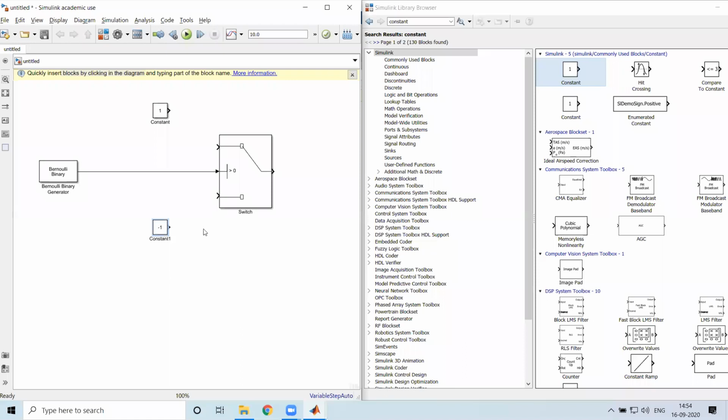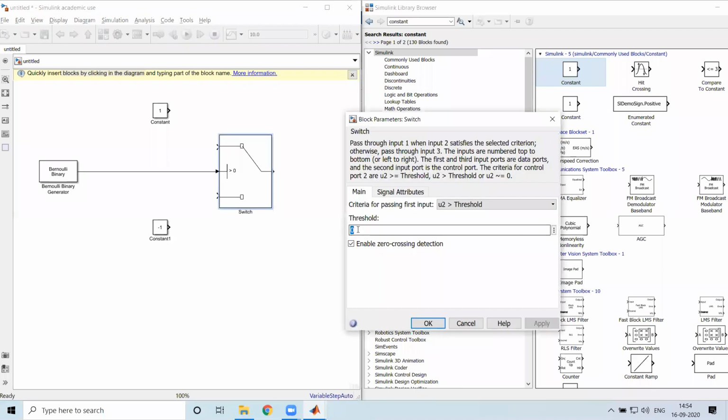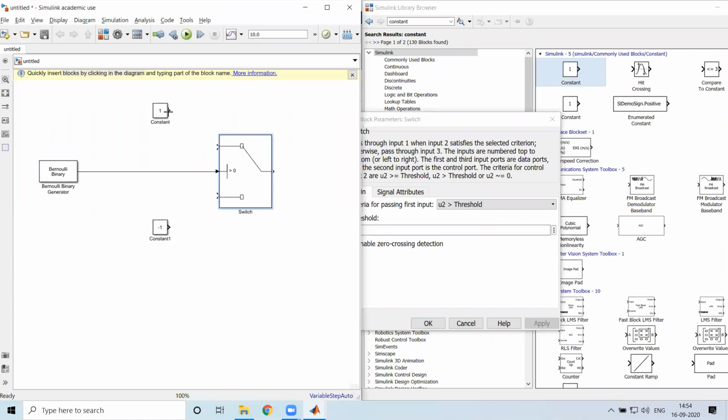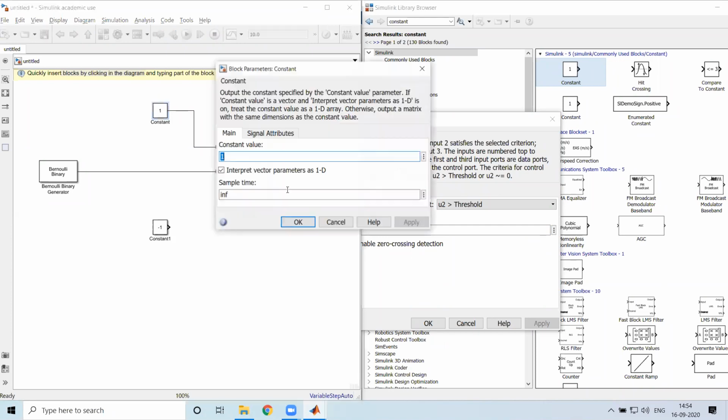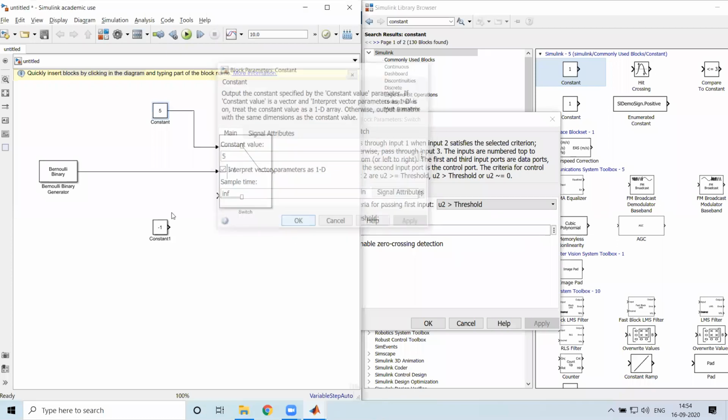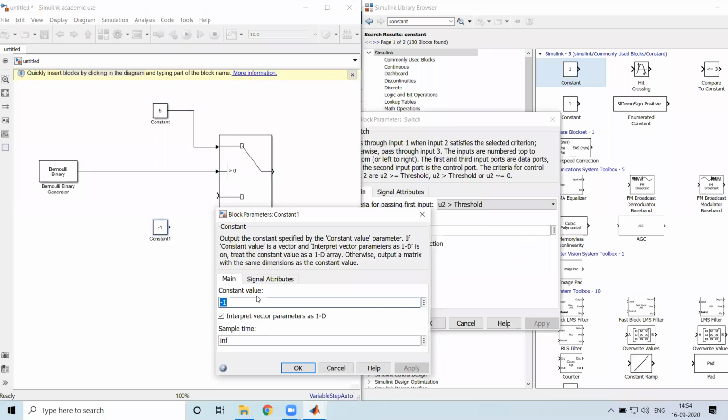Based on this condition, if it crosses 0, it implies that it is equivalent to logic 1. Whenever it is logic 1, I'll be passing a plus voltage to this. For example, it may be plus 5 volt. If I change the value, for simplicity, it is like plus 5 volt, and this will be minus 5 volt.